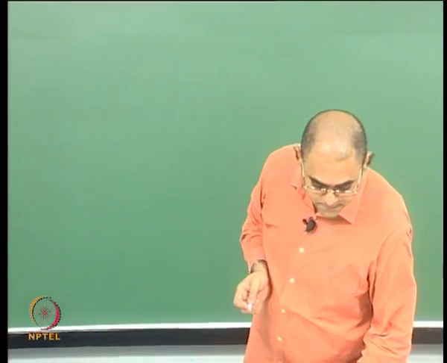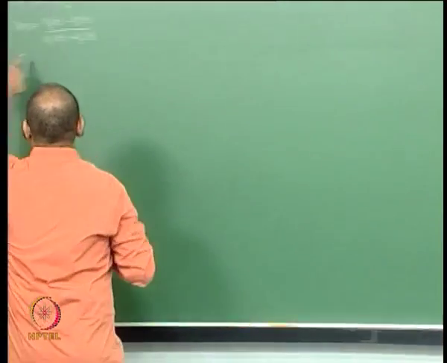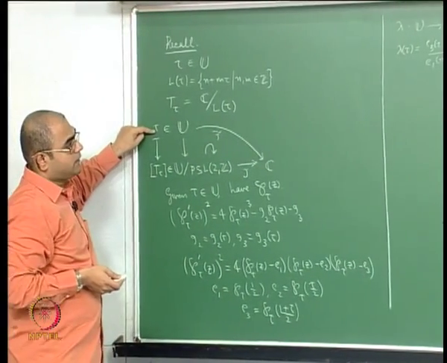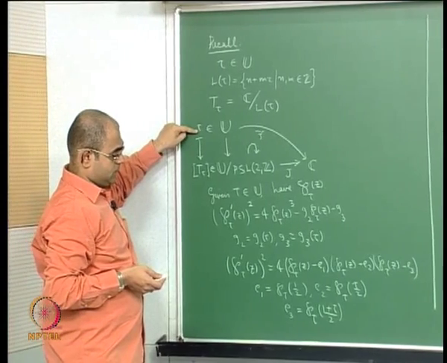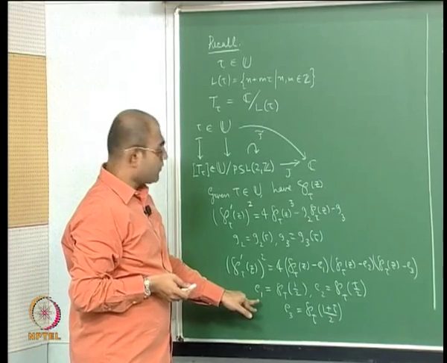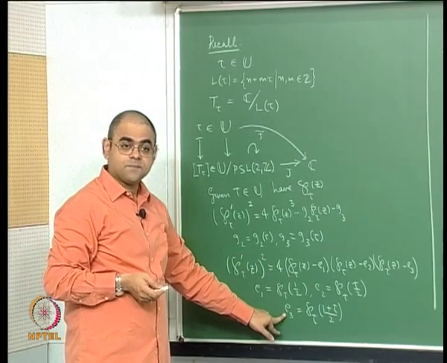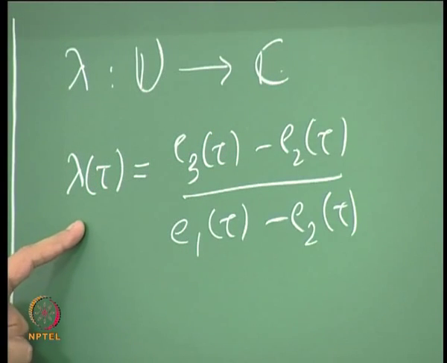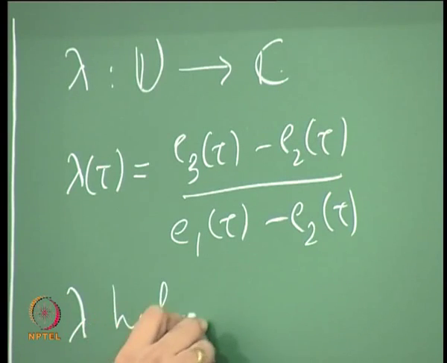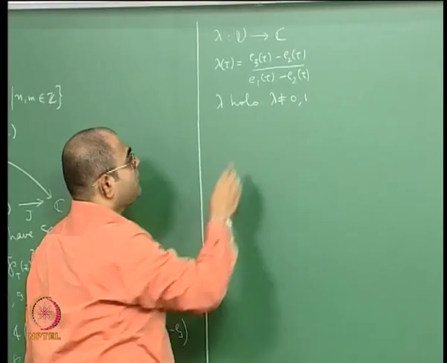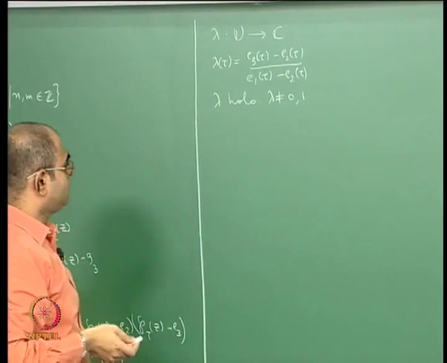The point is that as tau varies, E1, E2, E3 also vary, and that is how we get lambda as a function on the upper half plane. Here tau is varying, and lambda is holomorphic, lambda is not equal to 0 or 1,